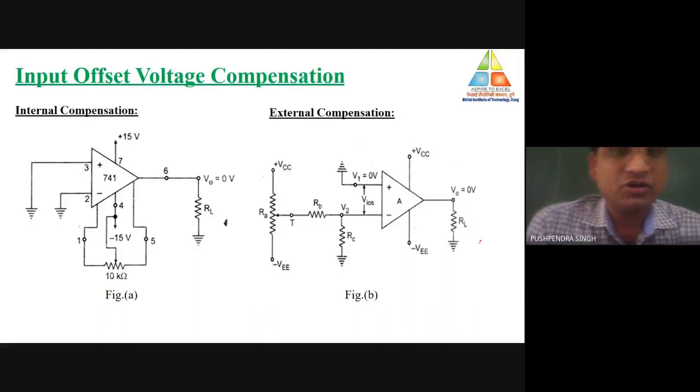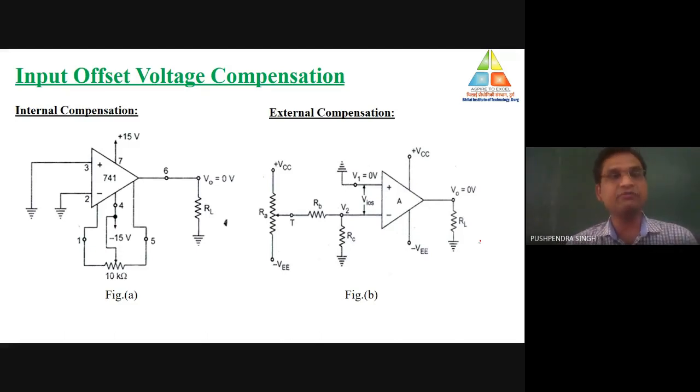Now the last topic of today's lecture is input offset voltage compensation. Why is compensation needed? Already we have discussed the error signal, and we have seen that the error is basically a DC voltage, and if that error voltage is increasing, indirectly there would be a change in the value of the operating point, and if the operating point of the circuit changes, there may be clipping at the output. So basically we need to secure our output from clipping. And for securing purposes, the value of the operating point should not be changed.